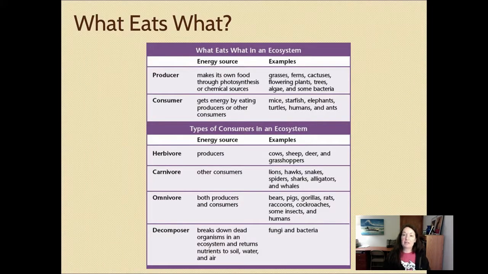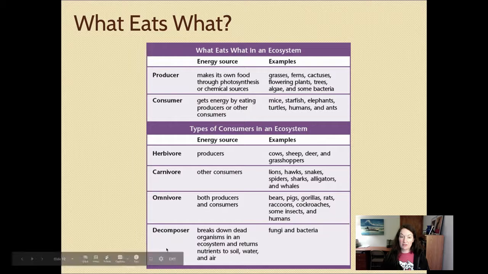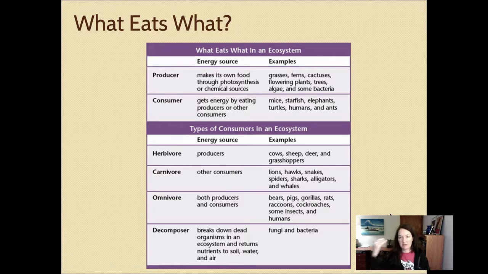So this table is one that you would see in our textbook. It shows you what the producer and the consumer makes, some examples, and you will need to know some examples for your quiz. So you may want to take a look at this table more closely in your textbook. And then also some descriptions of herbivores, carnivores, omnivores, and decomposers. These are the general basic categories. And then we're going to talk a little bit about primary consumer, secondary consumer, tertiary consumer. So other terms that you're going to need to know when it comes to what eats what in an ecosystem.